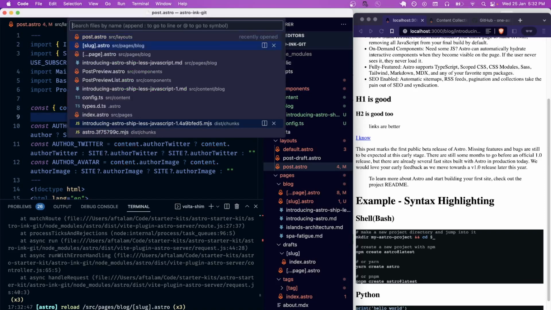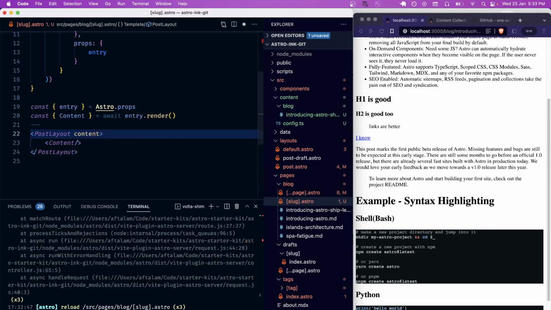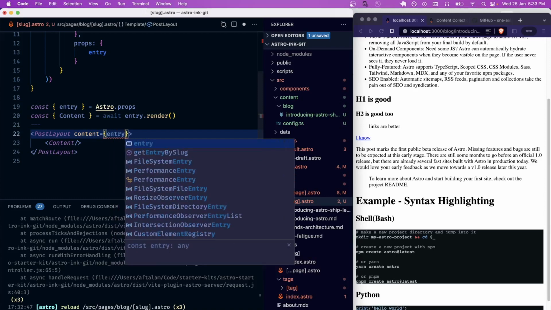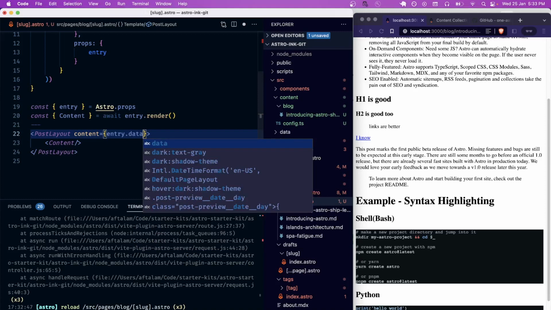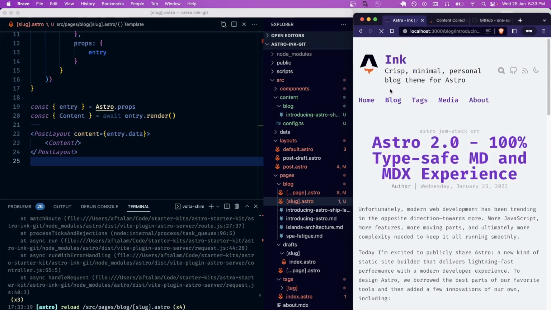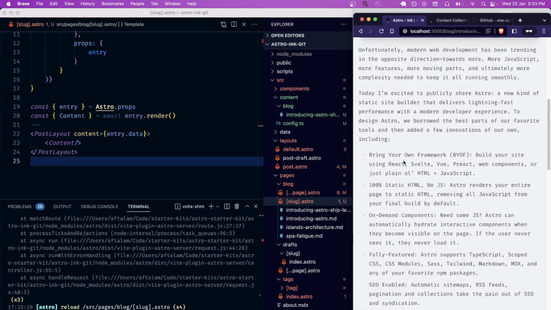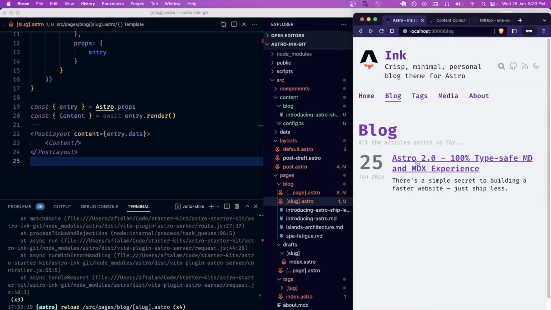So we'll just go ahead and pass on the content property with the value from our entry data. Let's just reload the page. It's back now. So now we have a blog page fully rendered using the content collection API and a page